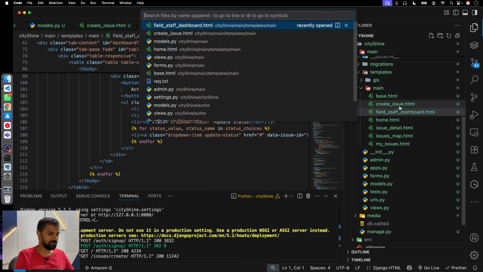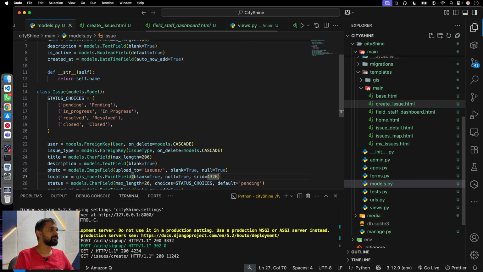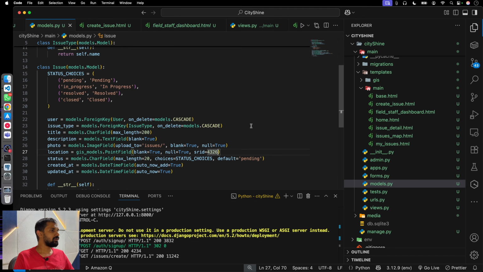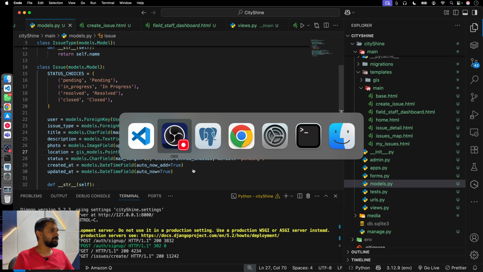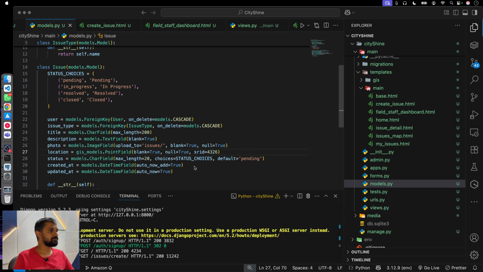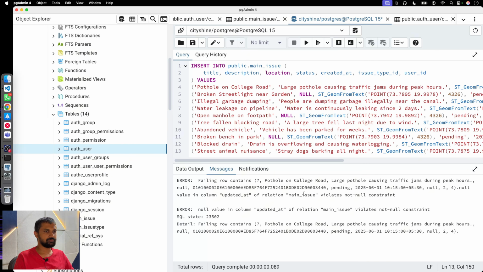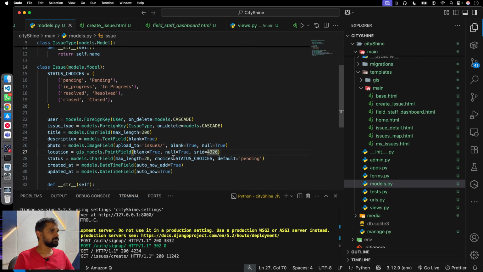Let's see the definition in the models. So updated at, let's put updated at is blank null true,